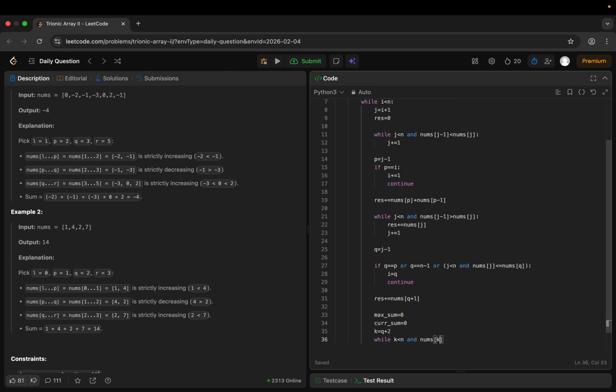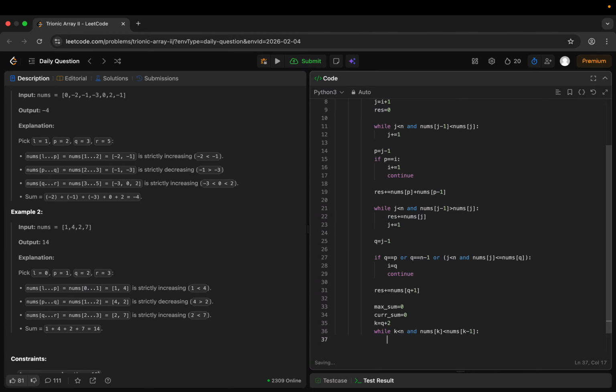What condition? Nums of k should be in the increasing part of the graph, so nums of k should be less than nums of k minus 1. Nums of k should be less than... nums is not less, it should be greater. Yeah, should be increasing part, so nums of k should be greater than nums of k minus 1. Yeah, correct. So simply we can increment the current sum value, current sum plus is equal to nums at k,